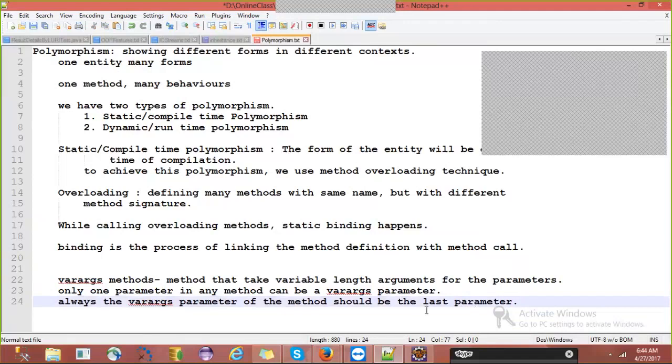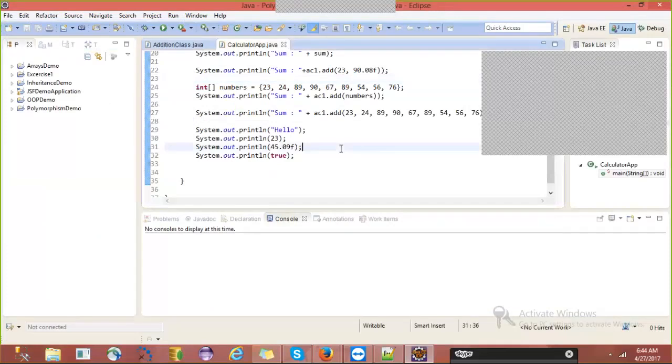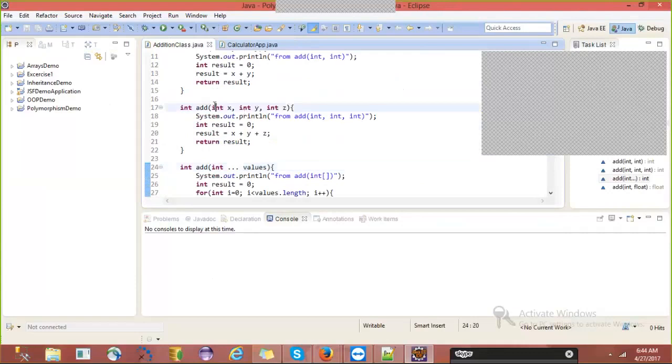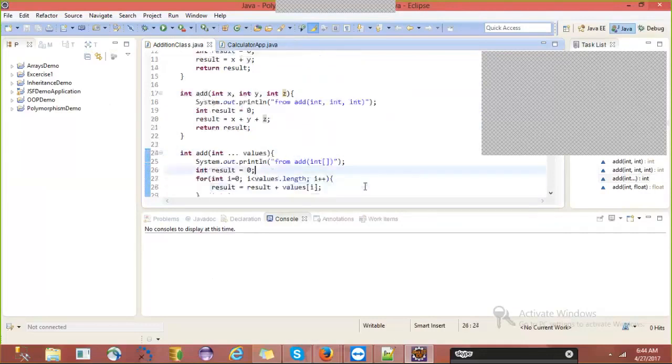So while we are defining methods, you can have any number of parameters: 1, 2, 0, or 10. But whatever number you have, you should make sure that the variable length argument parameter is the last one in the list of parameters of a method.